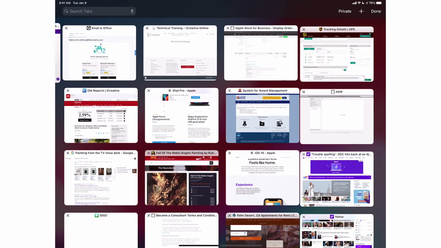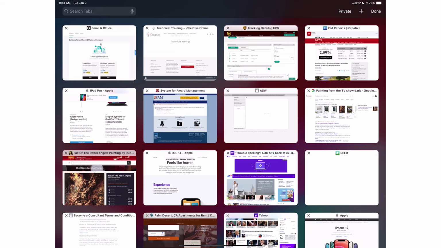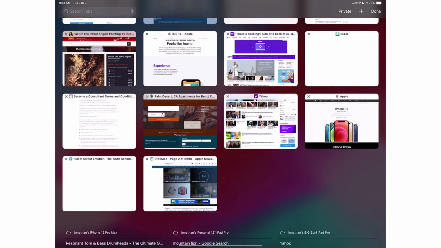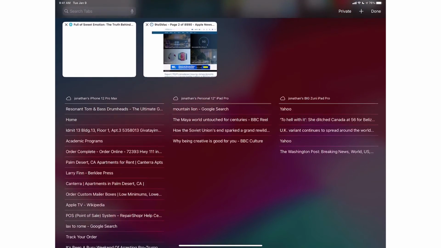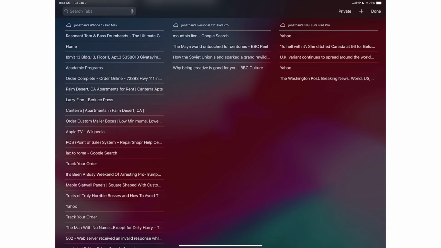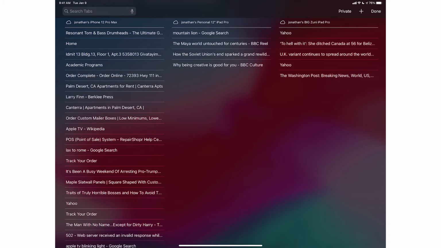I'm going to close out of FedEx, the Apple Store, et cetera. Now, to get out of this window, I would tap Done on the top right. But before I do that, I wanted to show you one more really cool feature, and that is because this iPad of mine is signed into my iCloud account, if I scroll down a little bit farther, you're going to